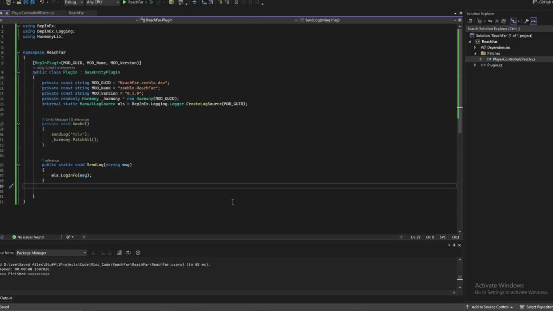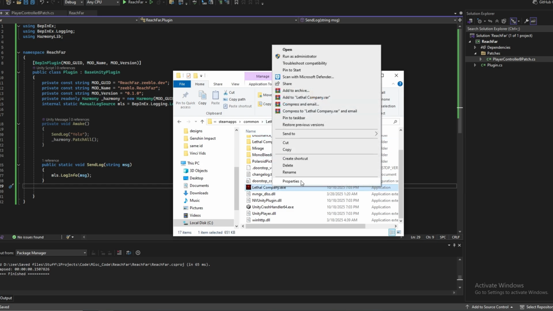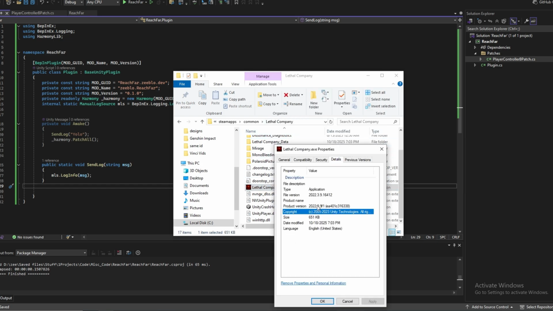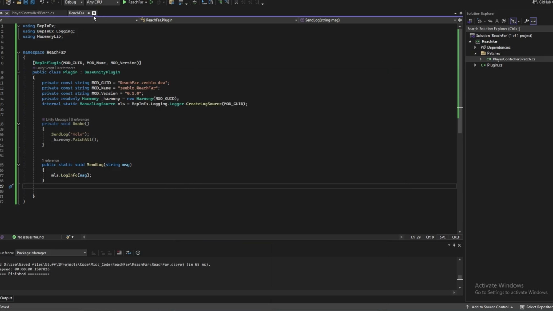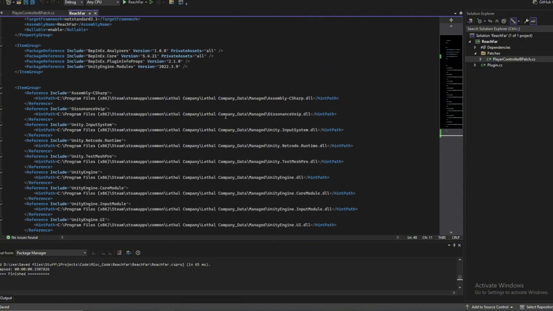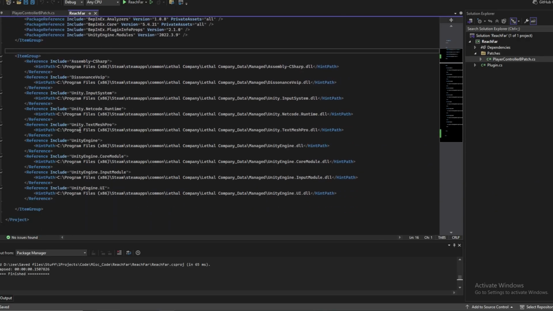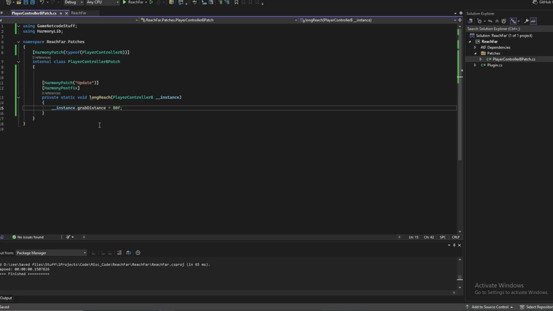And using the same format, if I go to Lethal Company's game files and I click on properties, details, and I look at the version number, remember the version number, and then go back to our CSproj file. I have all this in here already, but make sure we have the same version number, all the assemblies that we need, and PlayerControllerB. I just have a simple thing. It'll give us a very long reach,